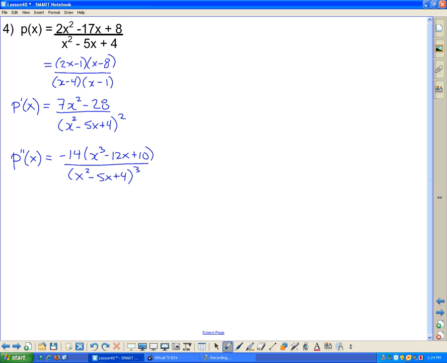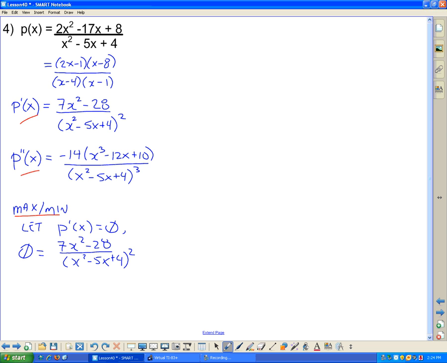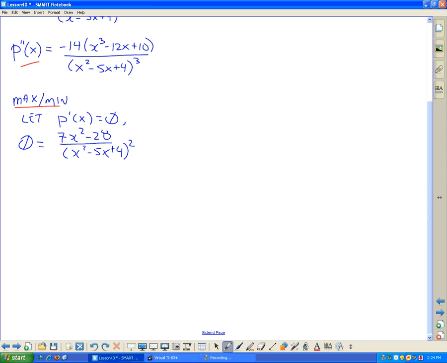So, all right, moving on, whatever you want to go after next is up to you. We can go with max min, for example. The order doesn't matter in which you obtain the information. So for your max min, this is where we let the first derivative, so let p prime of x equal 0. That means that the first derivative, again, it's a rational function. So remember that when you have a rational function set equal to 0, you're simply just setting the numerator equal to 0,